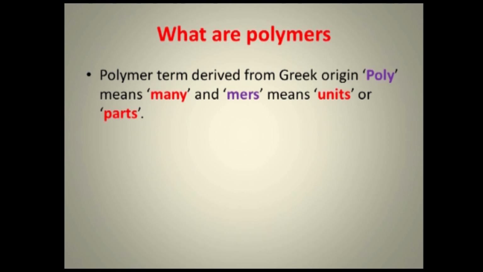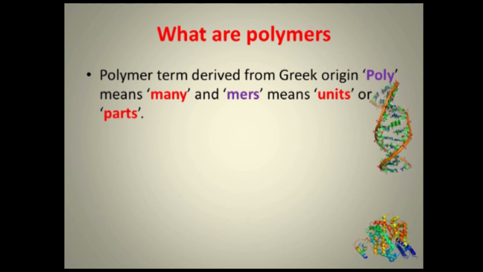Macromolecules are huge in size and have high molecular mass. The average molecular mass of these macromolecules is 10 raised to 3 to 10 raised to 7 per unit. These are examples of macromolecules which are huge in size and consist of many parts and many units. The monomers present in these macromolecules are joined by covalent bonds. The general equation gives us an idea that n number of monomers participate in the formation of a single polymer, and therefore the building block of the polymer is the monomer.